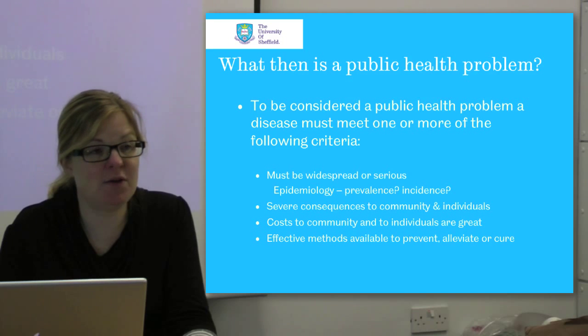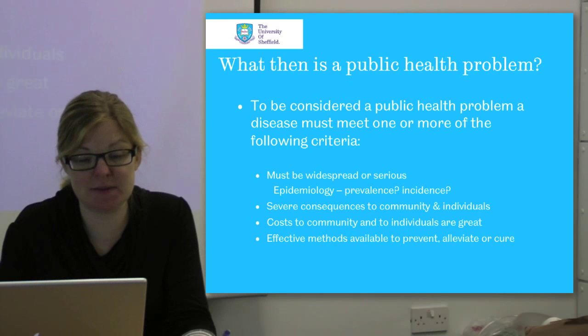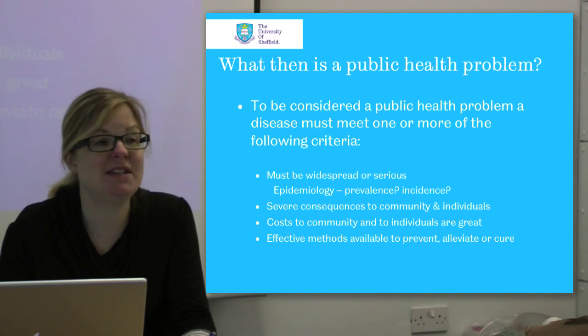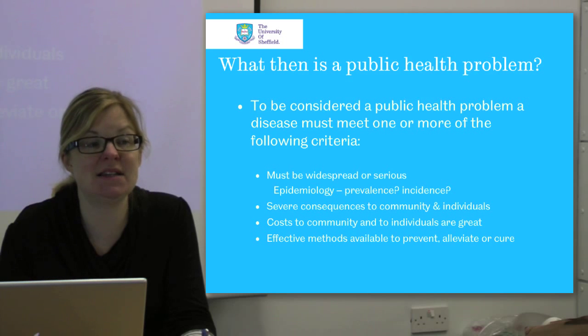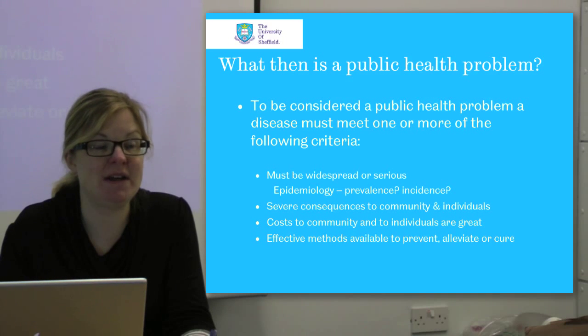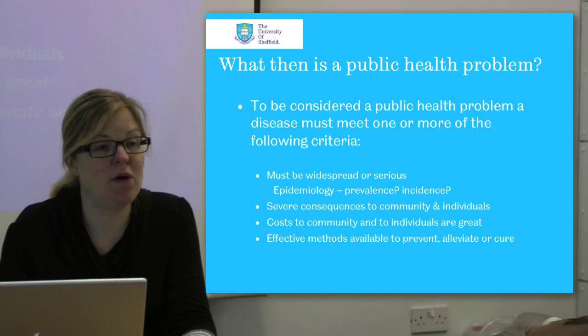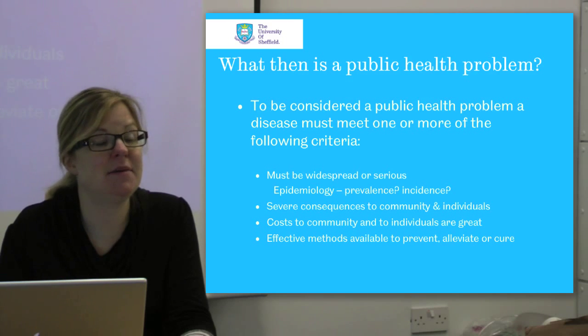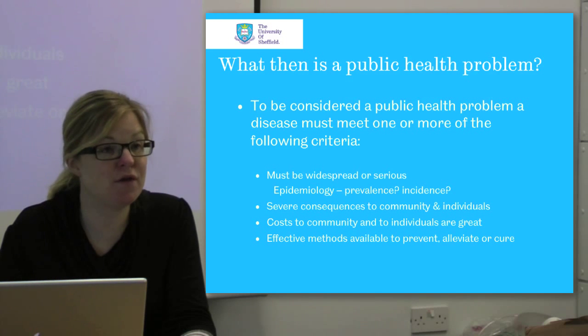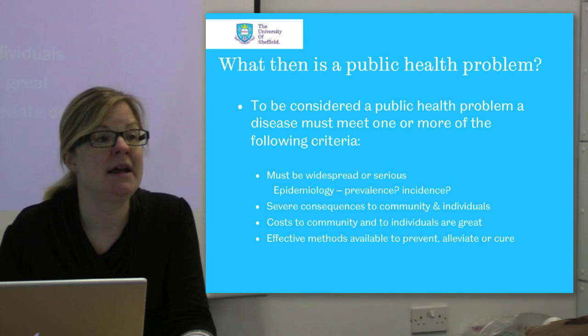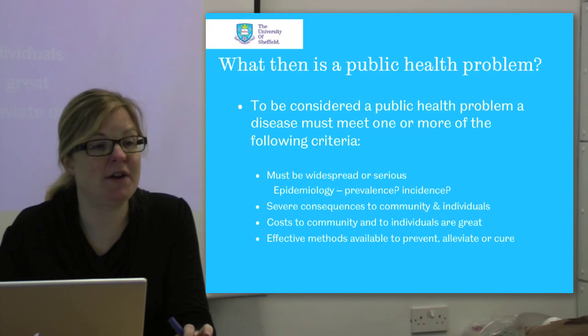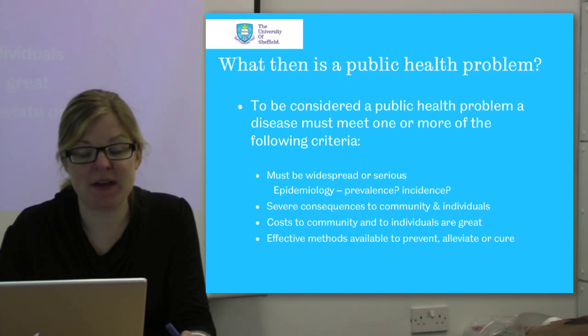This varies between countries, but in some countries, particularly here in the UK, we spend millions, if not billions, treating dental diseases. Some diseases cost more than others. And again, to the individual, there are the costs of paying for treatment, but also time off school, time off work, sleepless nights, all those kinds of things that health economists